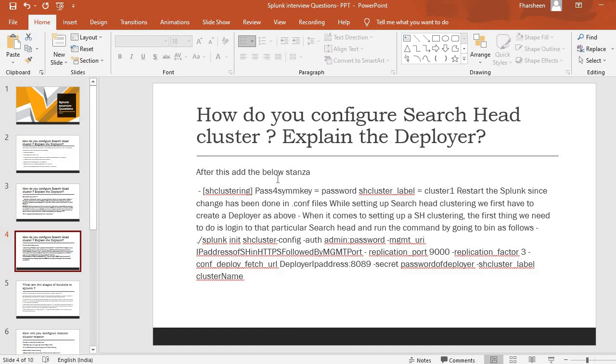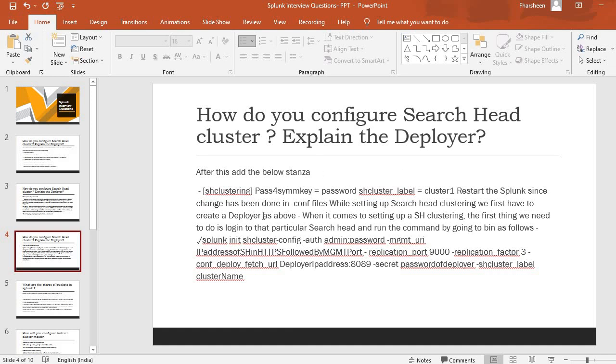Then you run a command like splunk init shcluster-config, with authentication password, management URL, replication port number, replication factor 3, all these details along with the deployer IP address. 8089 is the port. This is how you configure the search head clustering.